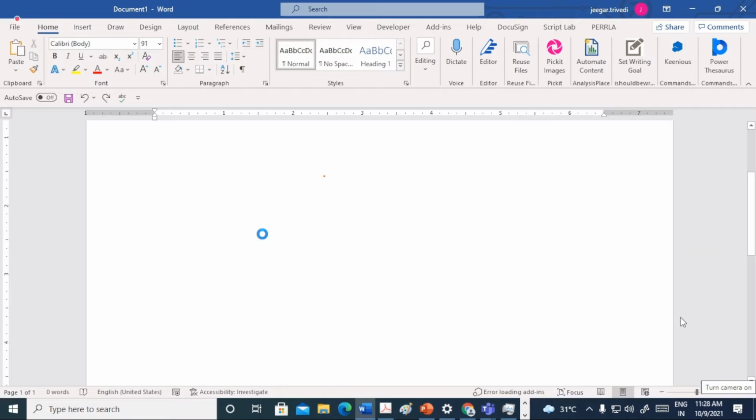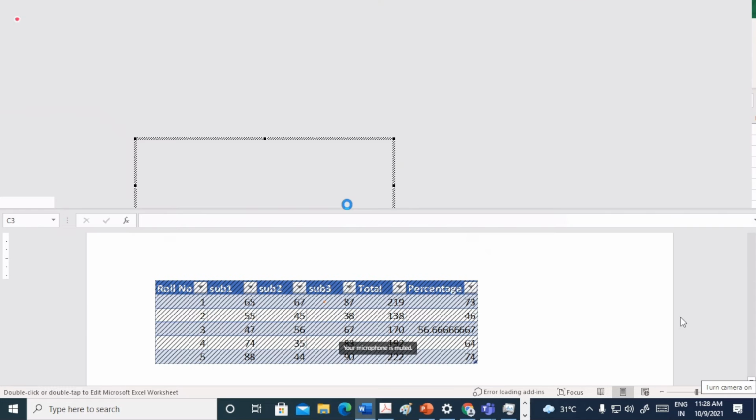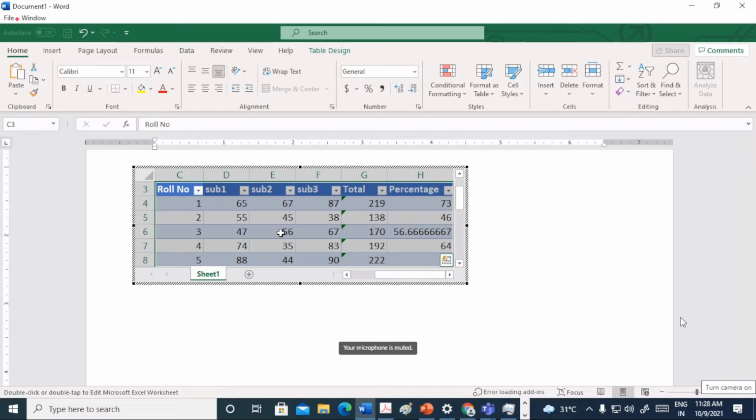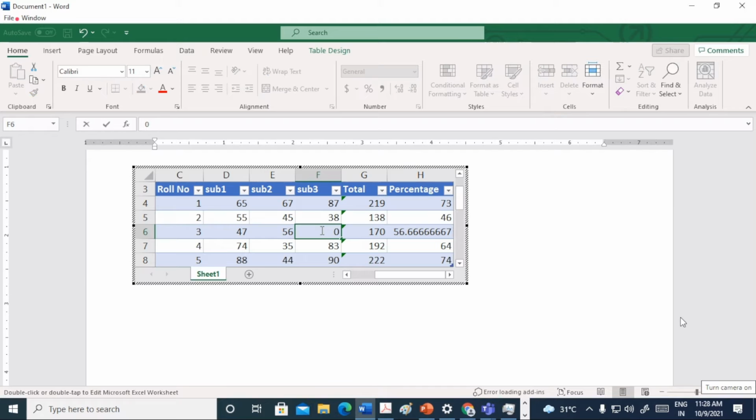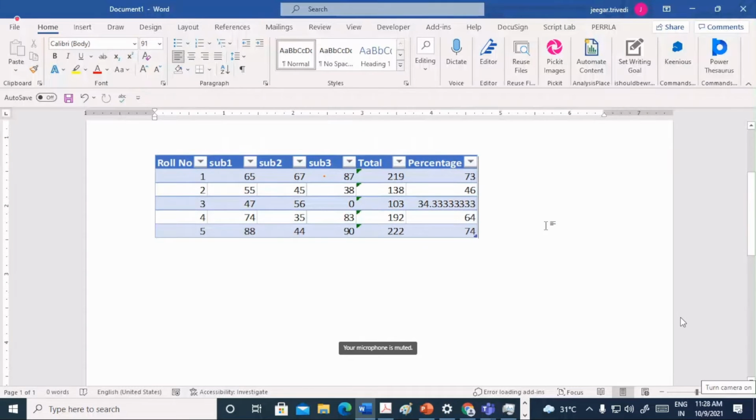And now if you edit this, it will straight away open Microsoft Excel inside your Word application. And if you change any data, automatically all the values will also change. See this. You can copy using the same technique to PowerPoint also.